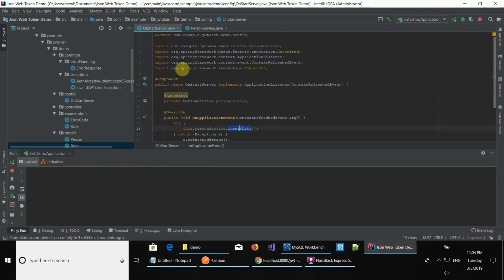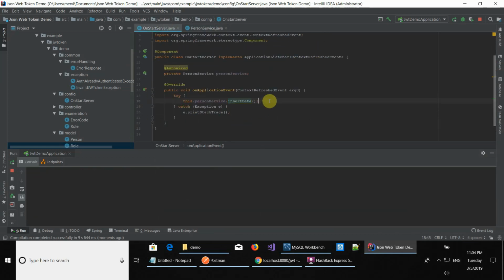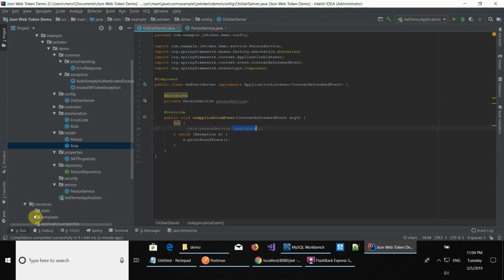So for the execution, we're going to be commenting this out. You can comment the whole class, but I'm only going to comment the method that inserts the data, because we don't need it anymore. We already have the data, right? Okay, so we can stop this, and then we can go back and proceed with what we're going to be doing